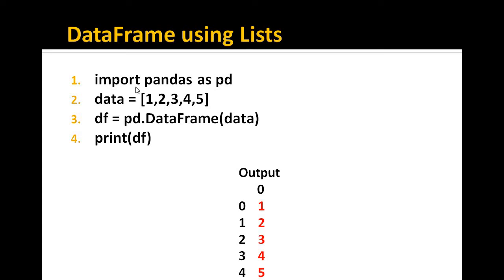So in this program, at line number 2, a list of numbers has been created named data. At line number 3, the DataFrame constructor function has been called with this data list, and so a data frame is created with 5 rows, 5 values, and these values are given in rows. So we will have a total of 1 column and a total of 5 values. By the last line, this data frame is printed.